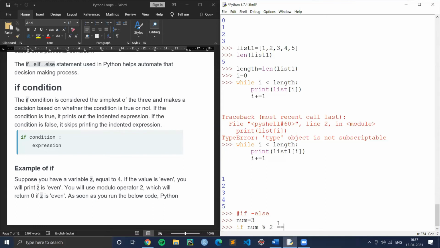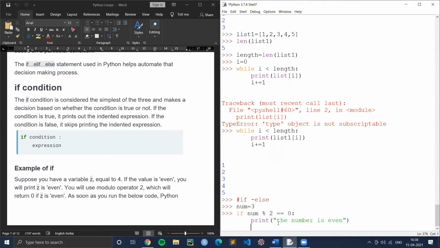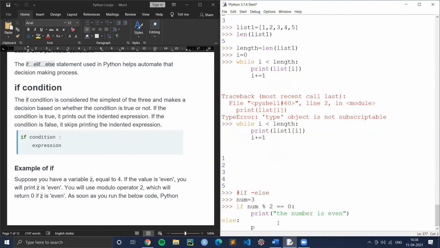So if my num % 2 is 0, I have to put a colon. What am I going to print? I'll print the number is even. Else, what will I print? I'll print it is odd.